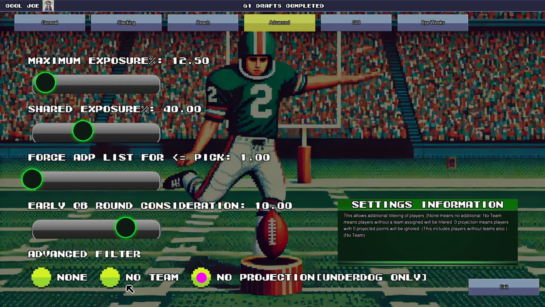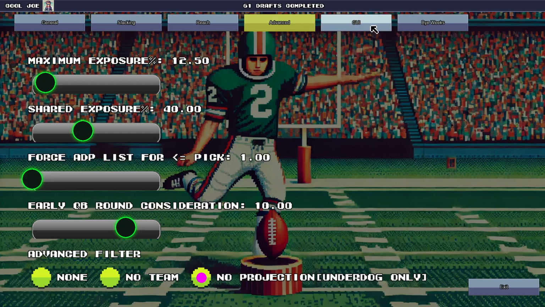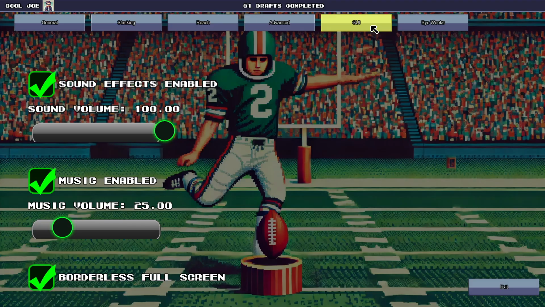So these two settings are kind of redundant. This is just a more strict version of this. But this only works for Underdog. DraftKings does not export the projected points. Graphical user interface. This is probably the easiest one to explain. It just controls if you want sound, if you want music. Last but not least, we got the bye